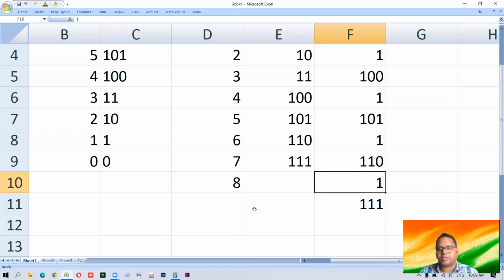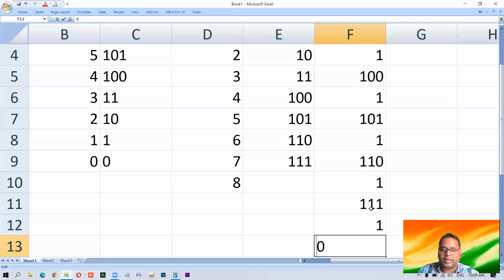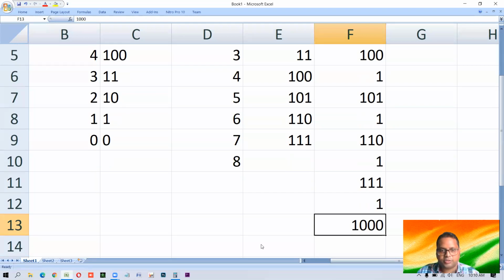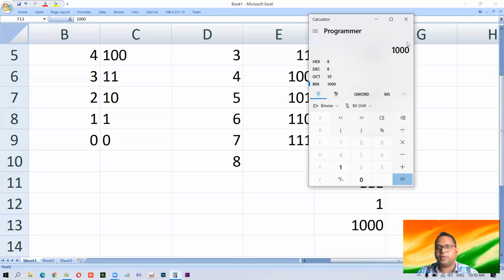8 का binary क्या होगा? You just try to find it out, or let us find it out. 1 plus 1 का 0, फिर 1 तो 0 है, समझा जाएगा 1, और carried वाला 1, that one's 1 0 again, then 0, and then 1 plus carried 1 1 and 1 0. So this is what? This is 8. If you want to still verify it, you can do it any other way. Binary में 1 0 0 0 लिखो. What is this? This is 8 in decimal. Quite easy to understand.